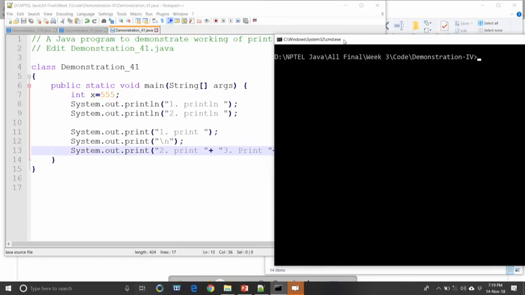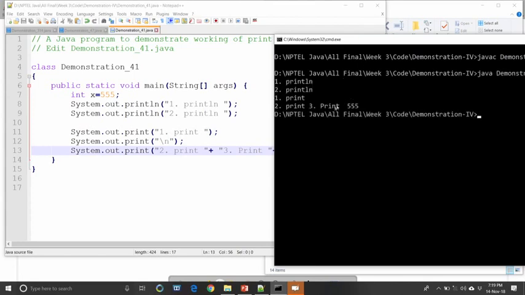Now, we can run the same program again, we have to compile it because we have changed the program. Okay, run. Now we can see. So, using all those things we can customize our format of printing on the screen. So, it is under the control of the programmer. So, we have learned about print and println.